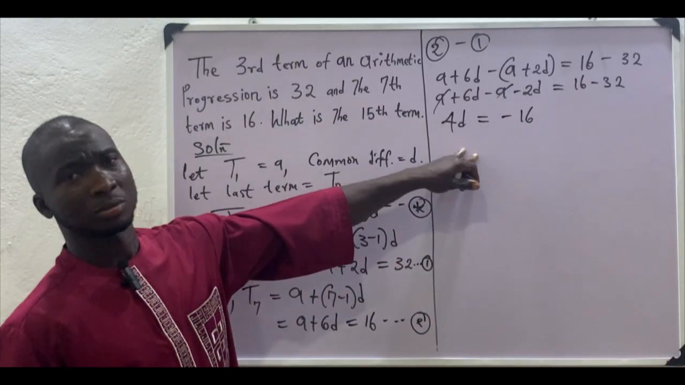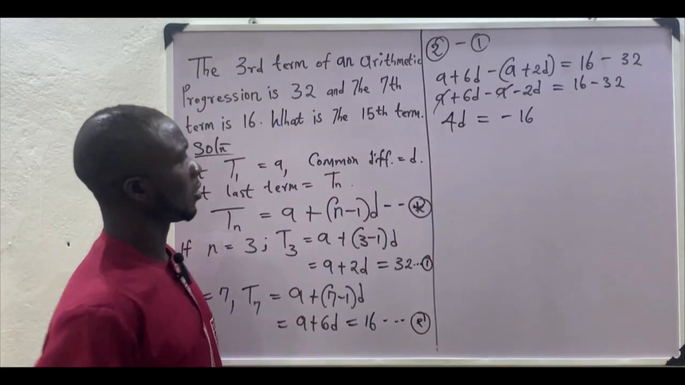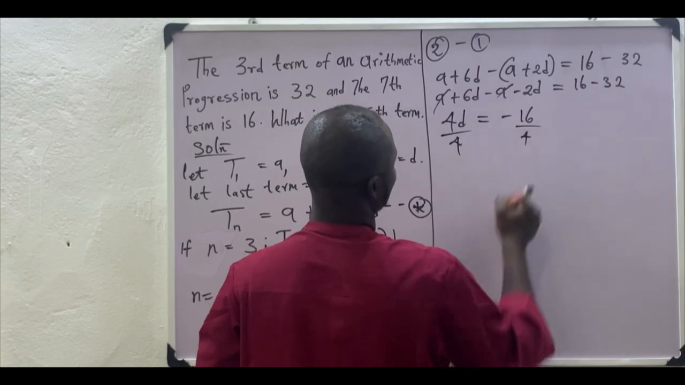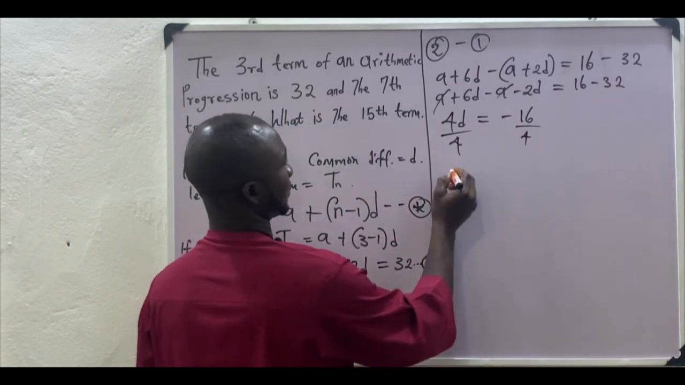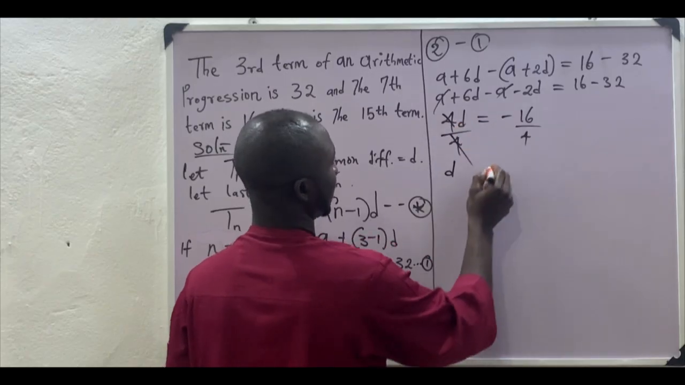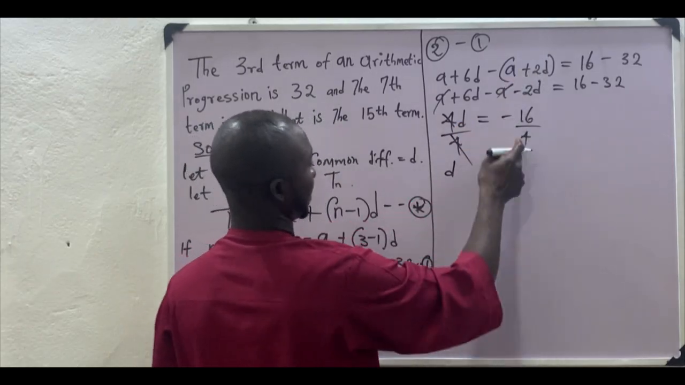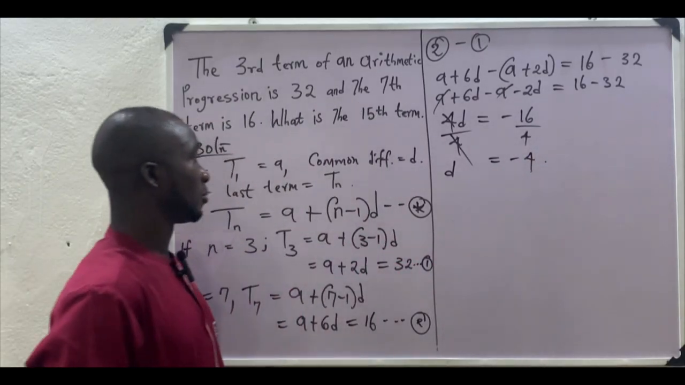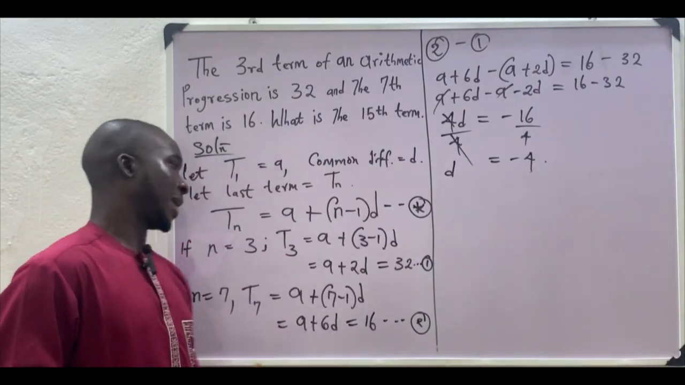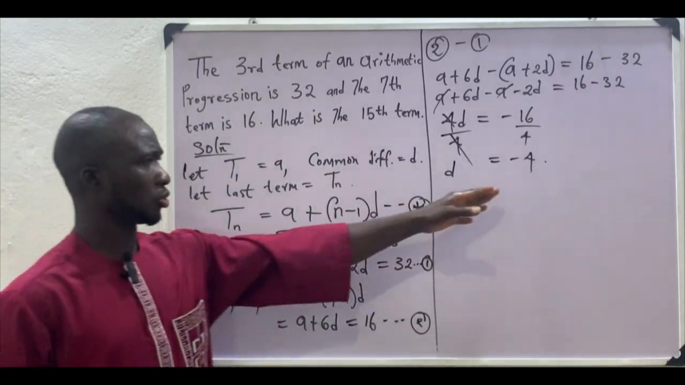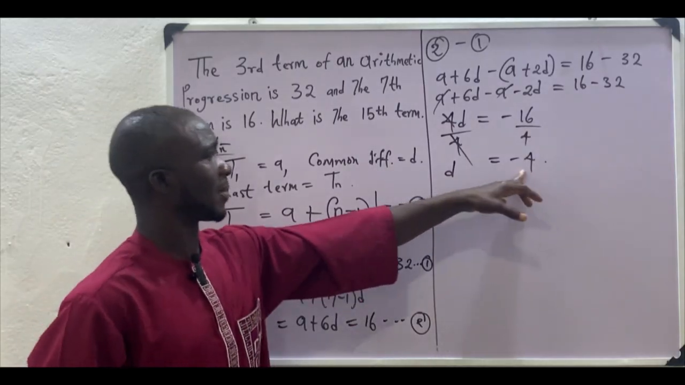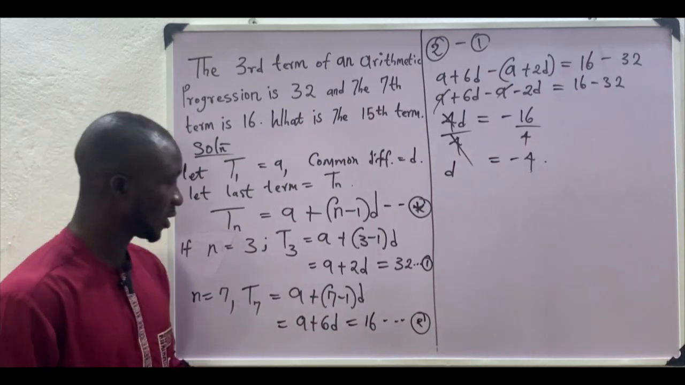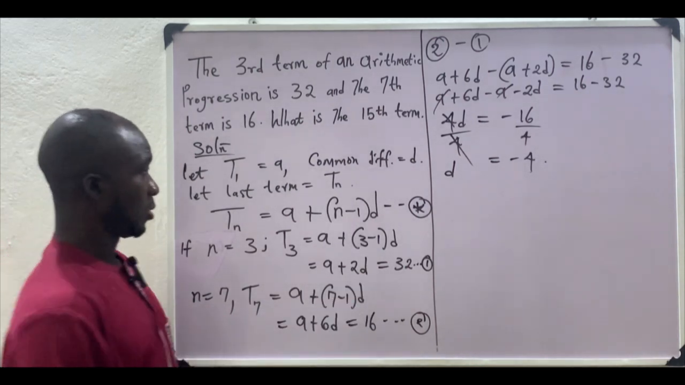So at this junction, we divide both sides of the equation by 4. And then we have that d will be the same thing as minus 16 divided by 4, and that is exactly minus 4. So we have obtained that our d is minus 4. So at this junction, we now replace the value of d by minus 4 in either equation 1 or equation 2. And if we choose to do that in equation 1, we have